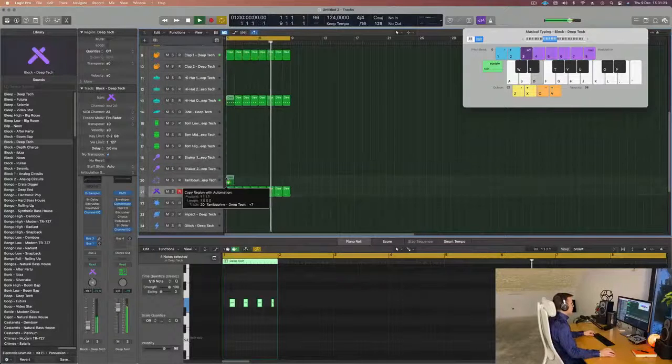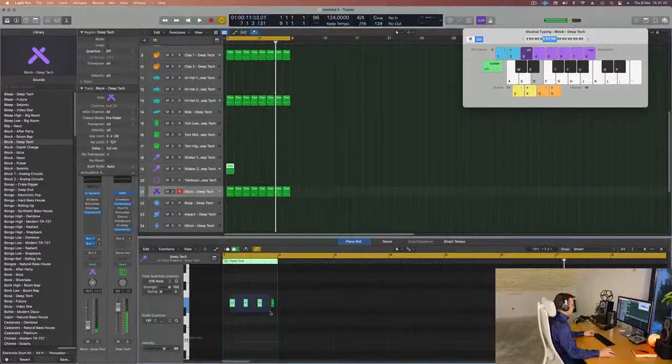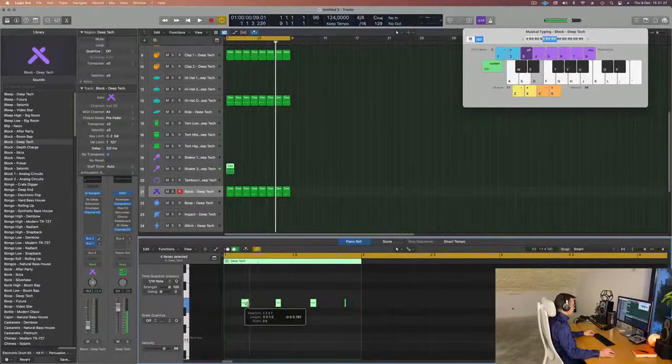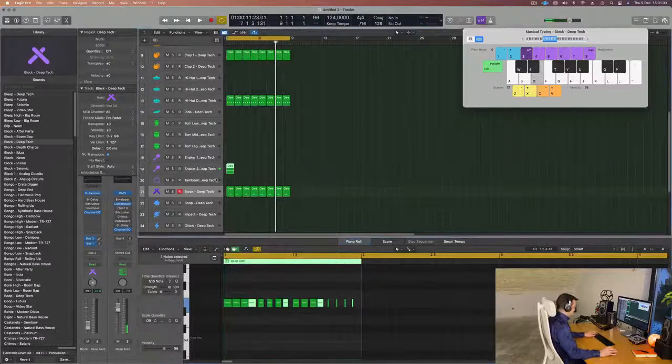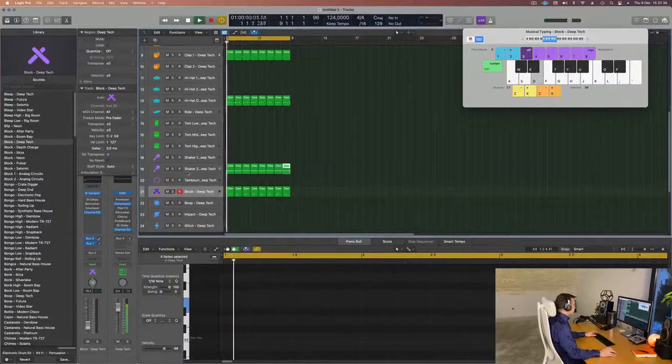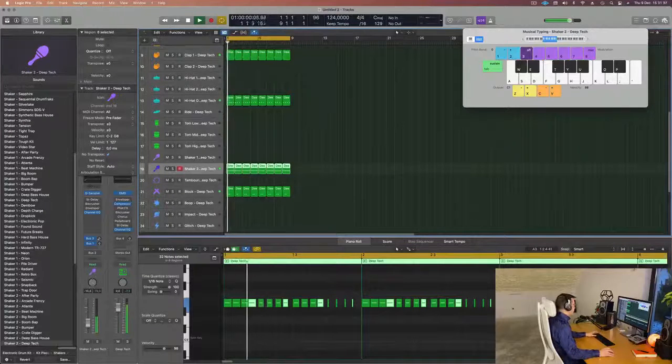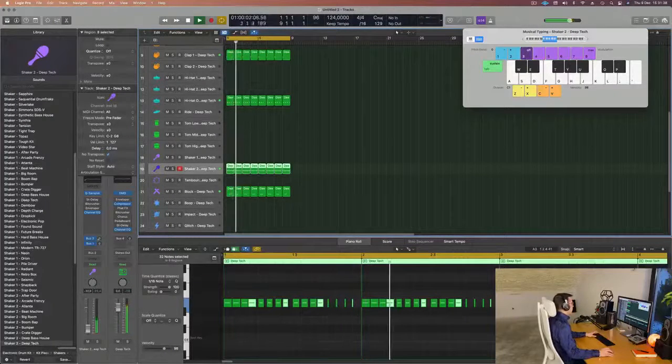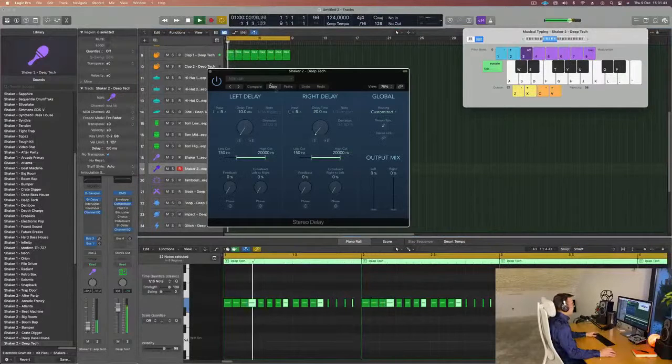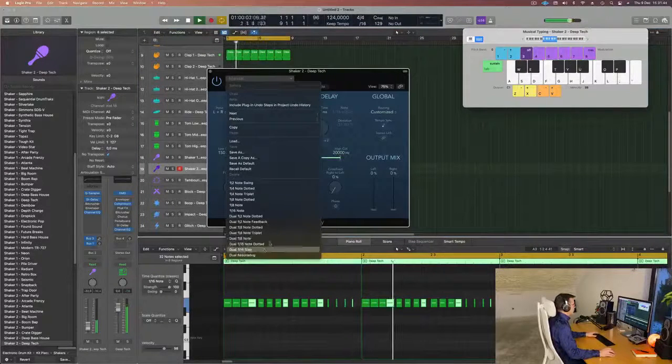I think I'm going to put some shakers already in there. Here, really quickly, full on beats here for the shakers, and then put a little bit of delay on there. I want them to be in the back. There's a stereo delay here, where I'm gonna pick